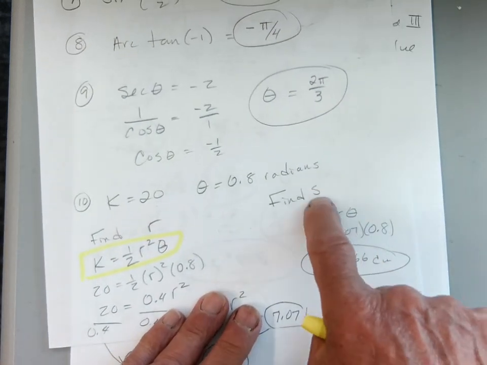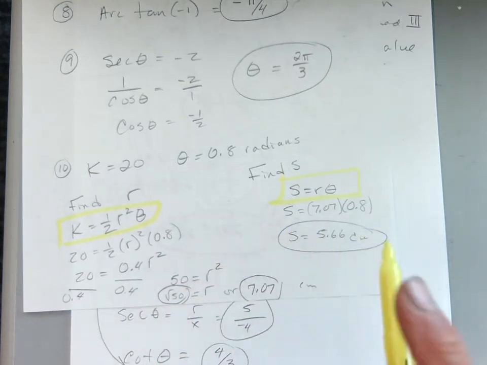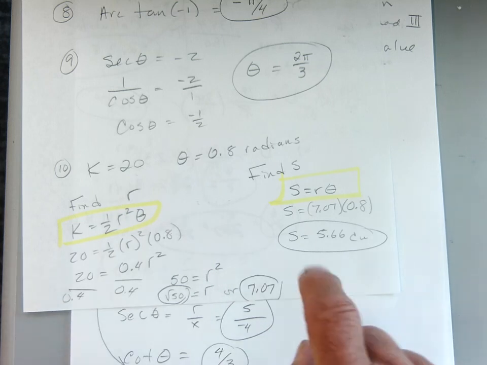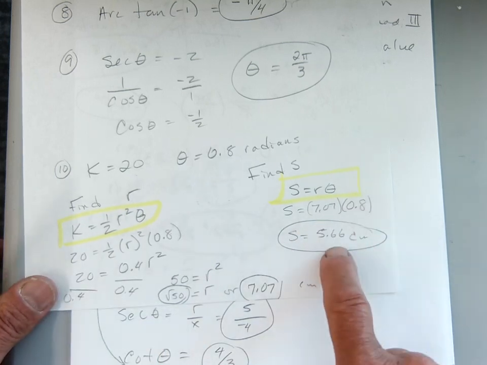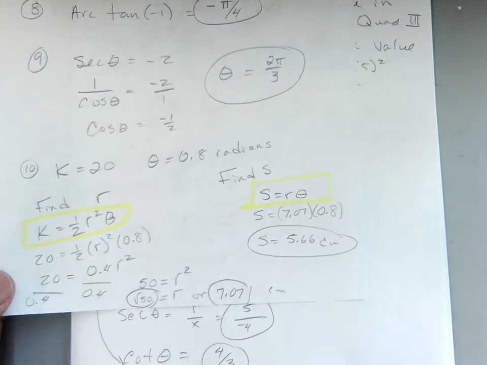I also need to find the arc length. Now I can use this formula because I have the radius. I can use S equals R theta. Easy. 7.07 times 0.8. And I got about 5.66 centimeters. Okay? All right. Then